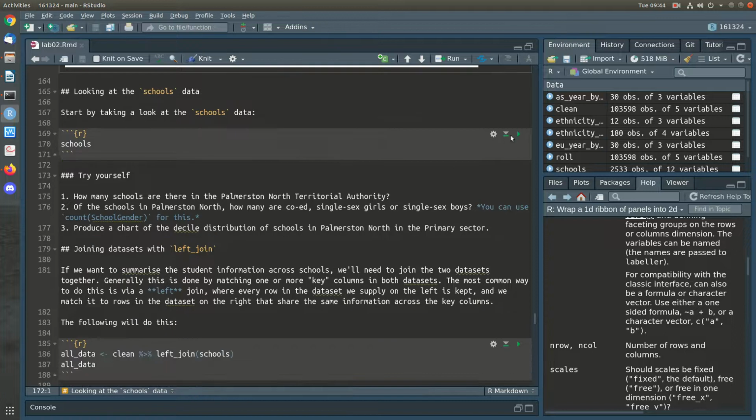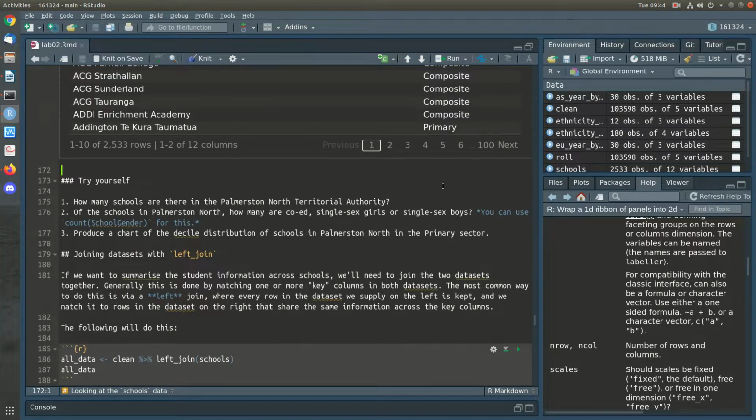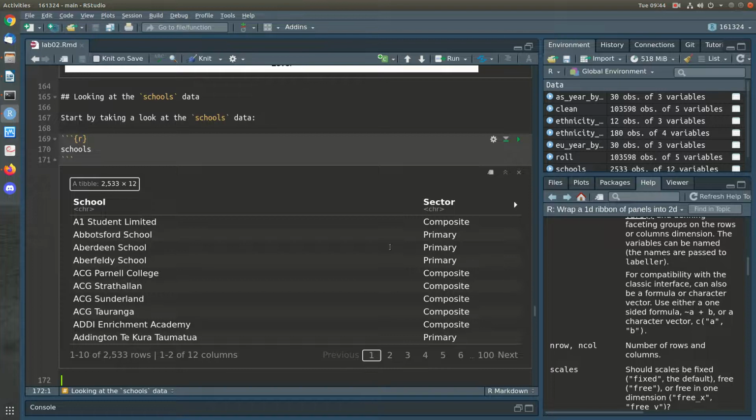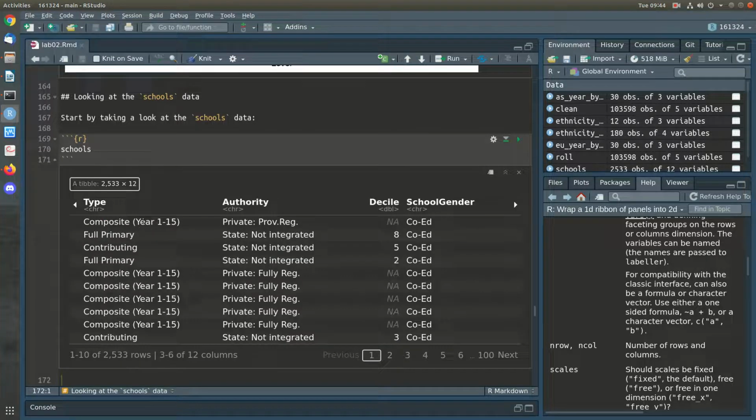Now we've got the schools data. So this is another data set which comes from the same source, and this is basically all of the school level variables. So we've got 1 row per school now instead of 1 row per school, ethnic group, gender, level breakdown. But then we've got other information. So we've got the sector, composite, primary and secondary. We've got the type of school, so there are lots of different types of schools. We've got what authority they're under. So are they a state school? Are they integrated? Are they private? There's lots of different